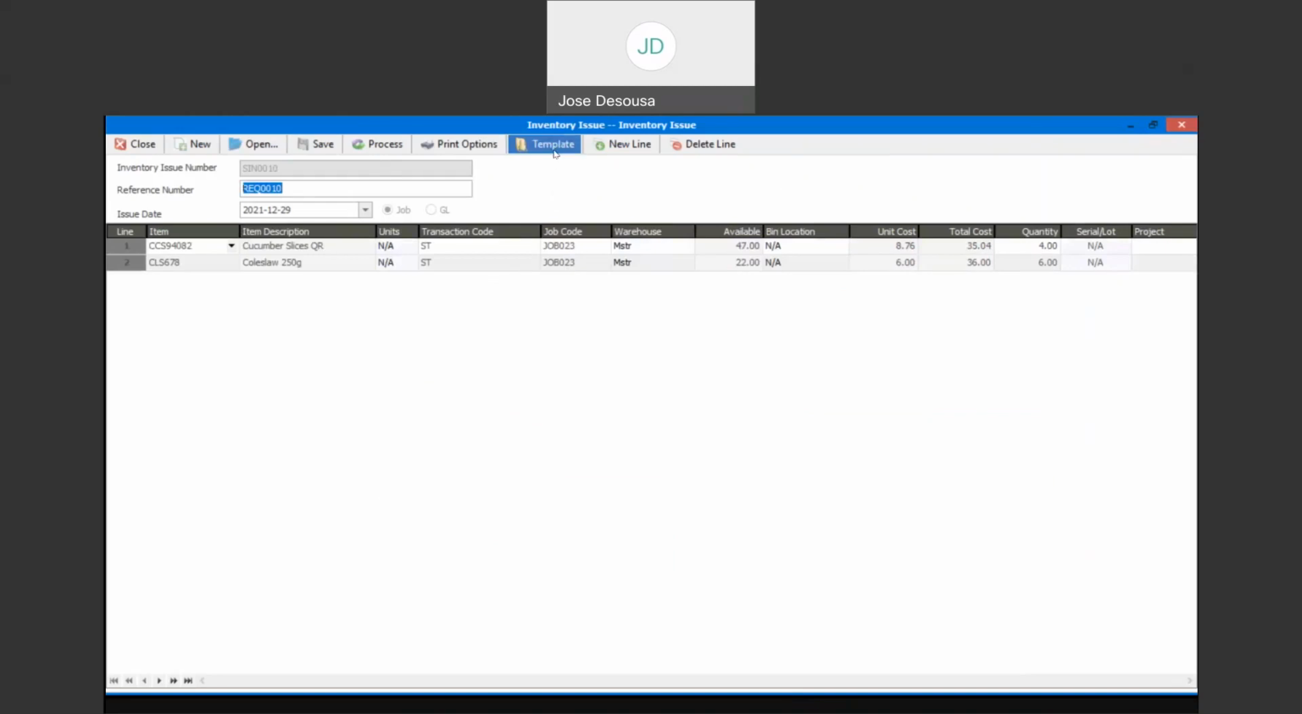So if I use a template option, I can create this issue as a template, and I can then use this particular template for issues which will perhaps occur regularly, and I create a template based on those particular line items. Right, so we've got the make template, the load template option there for existing templates. I'm going to now process this issue for that job card,